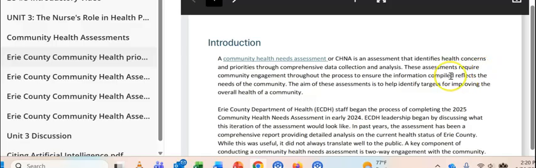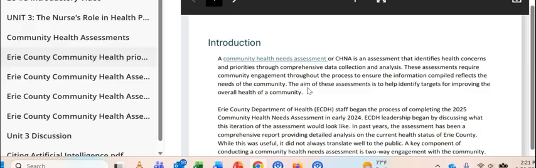It tells you that it requires community engagement throughout the process, and the aim of doing a community health needs assessment is to help identify what they call targets, priorities. What do we need in Erie County, Pennsylvania? What do we need to focus on? There's a lot of health needs, right? But what are the critical ones for our